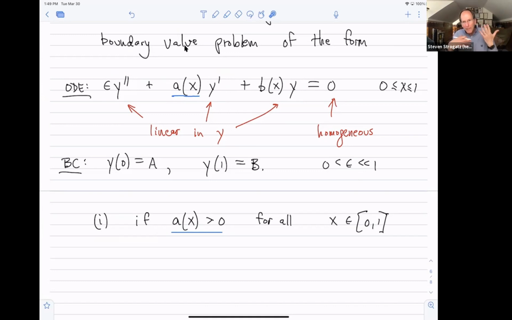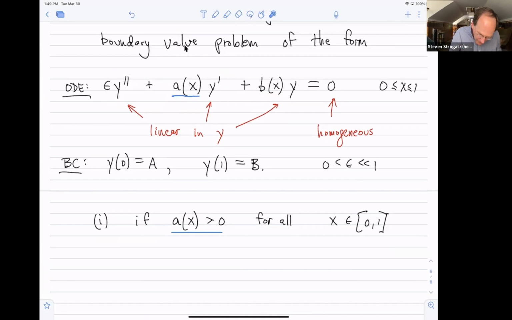This is my pet way to think about it. I like dynamical systems, so I'm used to thinking of my independent variable as time rather than space. So I think of this as some sort of damped oscillator with a bizarre time-dependent damping, a of x, a of t, you might say, and some weird spring constant that is itself not a constant, but is a b of t, a time-dependent spring constant and time-dependent damping.